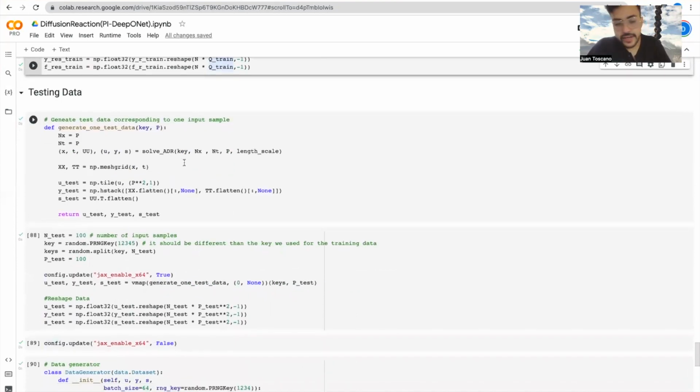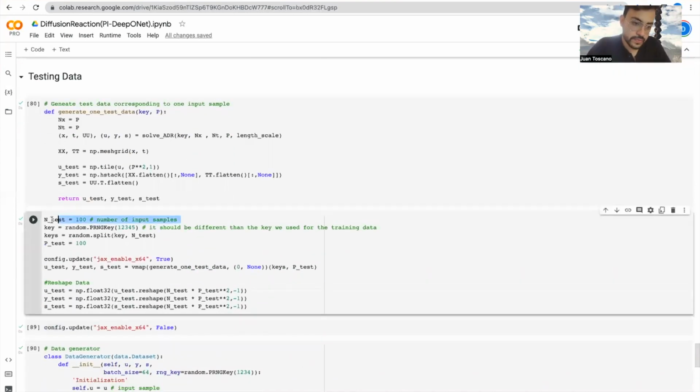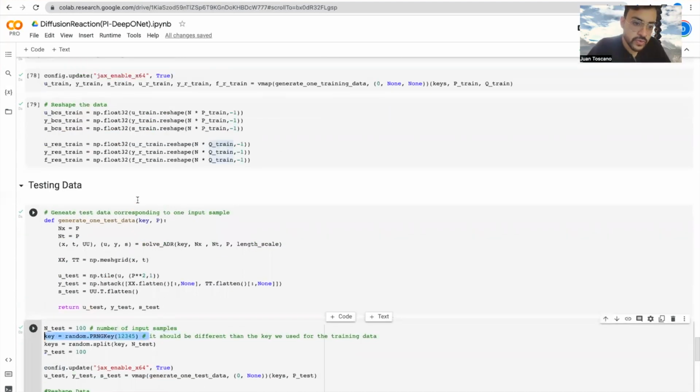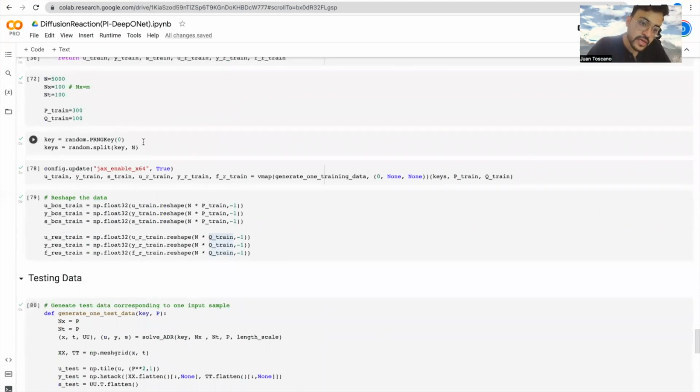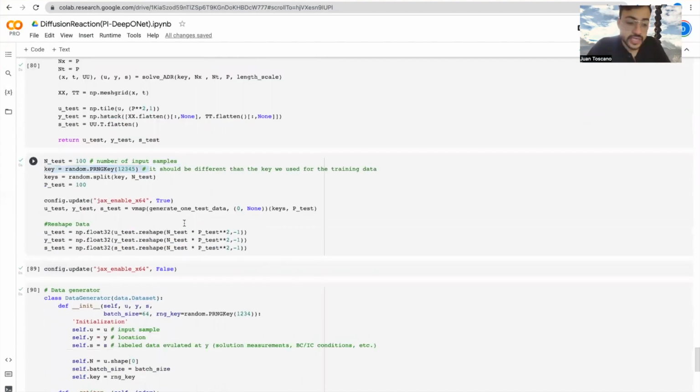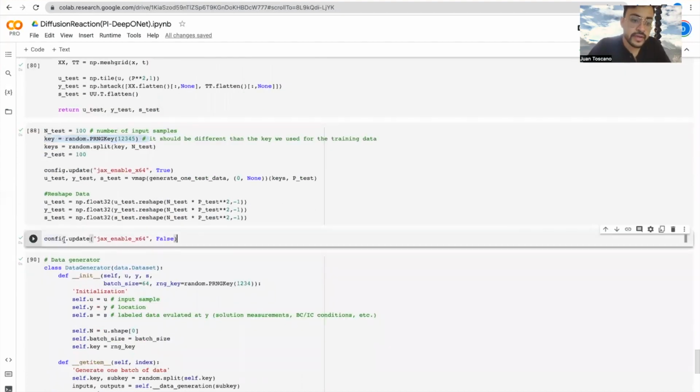same for the testing data. And now we generate 100 input functions. Well, one of the main differences here is that the random key should be different for the testing data than the random key that we used for the training data. Okay. Once we reshape the data, we should turn off the double precision, because otherwise the training process will take